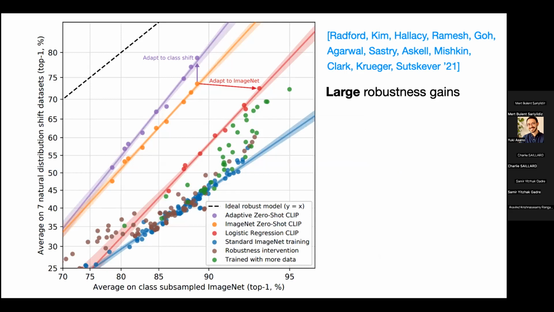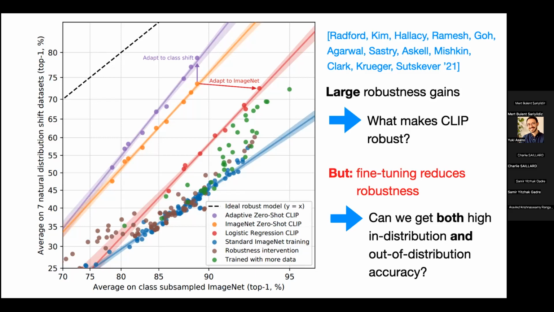So this is a plot from the CLIP paper, showing this very thing. The orange points are the zero-shot CLIP models. So these are the CLIP models out of the box. And you can see here they're way more effectively robust than this blue trend line. But one interesting thing is that when you fine-tune a CLIP model, it gets you to this red trend line. So what we can take away from this is that the process of fine-tuning, the second step in our recipe from way earlier, actually hurts the robustness of a model